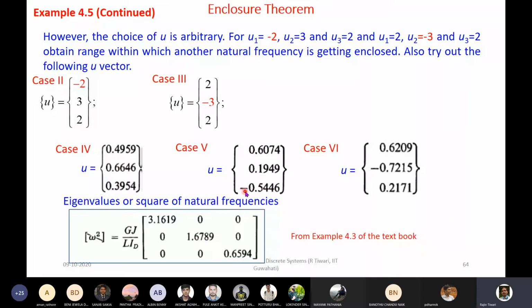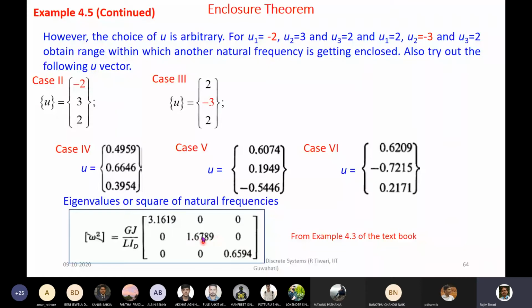You can see one of the ends was negative, because we are able to scale it. If we multiply all by -1, it depends, but we can always scale it. If you multiply by -1, this minus minus will become plus. So here we have taken similar to that one, and we have taken negative and 3. So if you do this, I am leaving this to you. You'll find that with this, you'll enclose this particular natural frequency, which is the exact natural frequency from the conventional